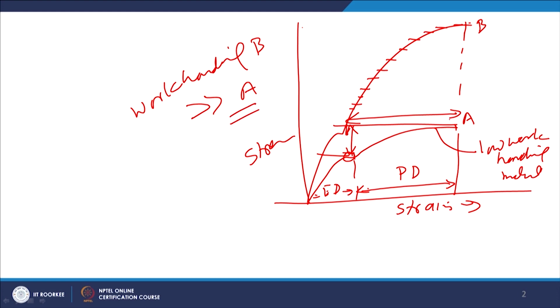For the same strain value, the stress requirement for metal B will be much higher than metal A. It means different metals get work hardened by different magnitudes for the same deformation or the same strain value. So, considering this as a background for the work hardening metals, now we will go into the finer details